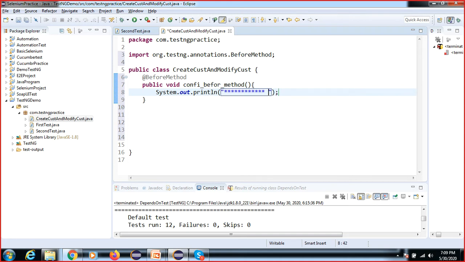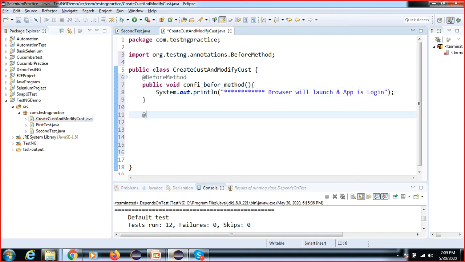I'm just giving this dummy application: the browser will launch and the application is logged in. Here we can write this dummy code.